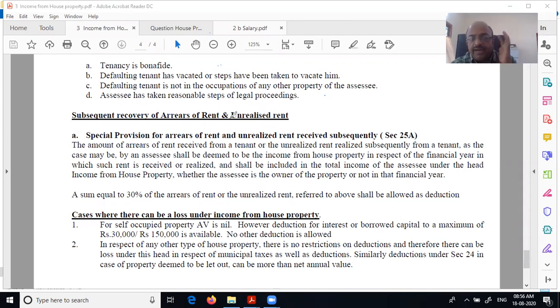So when you had unrealized rent, you deducted it when calculating actual rent receivable. Or there is arrears of rent, where he has not paid, and you are not considering it unrealized, mind you. You know he will pay, but he has not paid. This arrears generally comes when you have a tenant and you are asking for an increase. Say he is paying 10,000, and the discussion goes on and on.